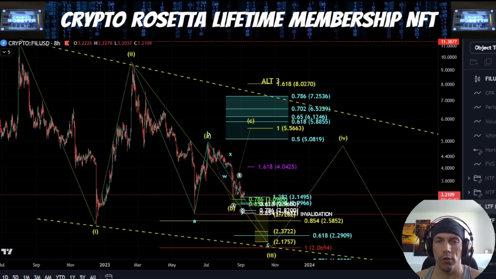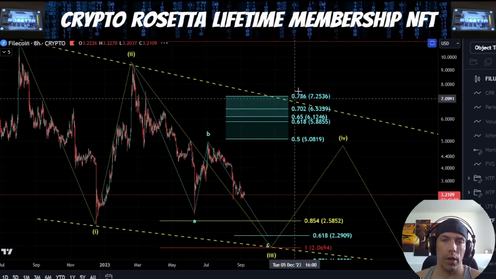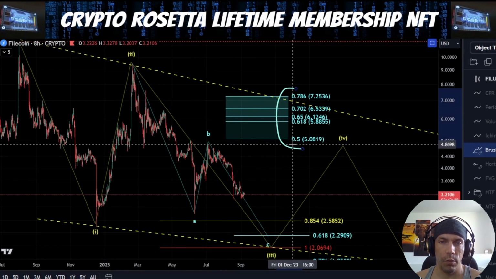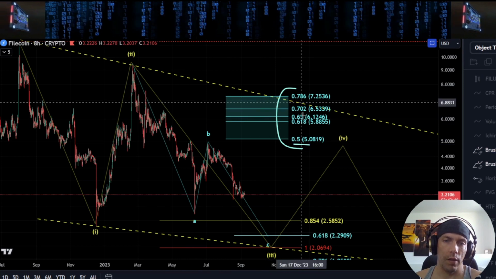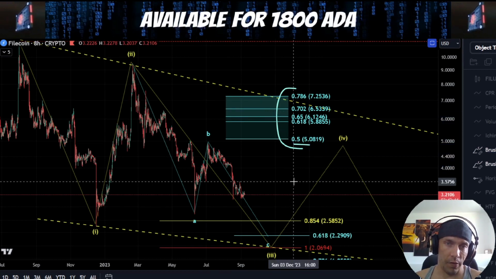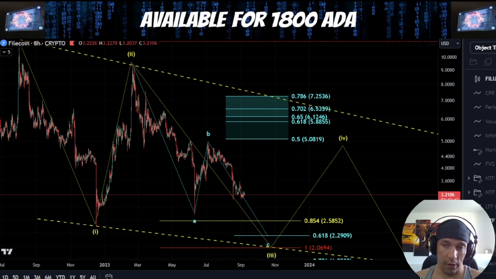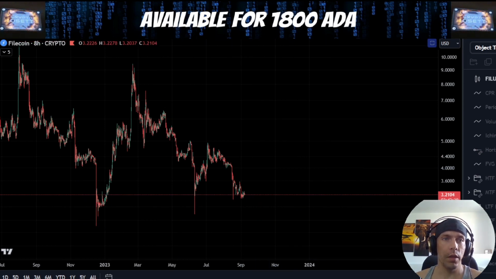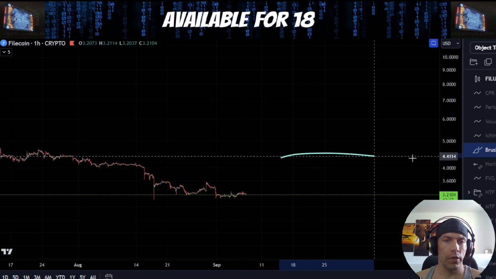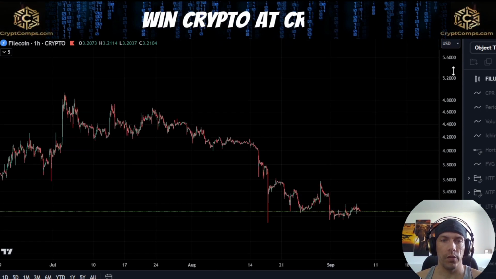just be a corrective structure to the upside, where we could look to actually target some of these higher zones here between this 50% and the 786 before looking for that C wave to the downside at a later date. Now, coming in here and looking at this idea of actually seeing a direct breakdown from this current area,